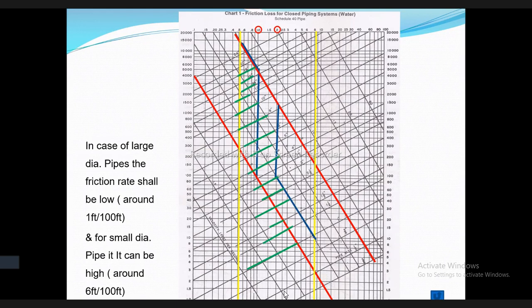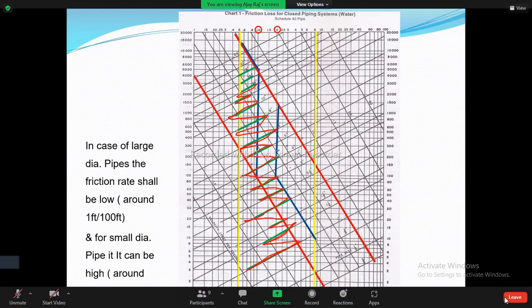But if you ask me about the selection, generally what I do is I have made lines something like this. Up till this flow, I'll follow this. After this, I'll follow this. After this, I'll follow this. I generally follow this. I hope it is clear. So for the entire range, what I have done is basically a zigzag pattern.